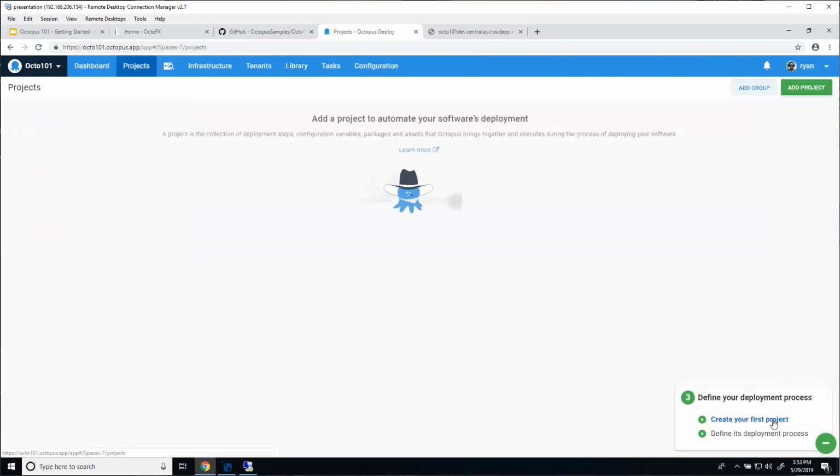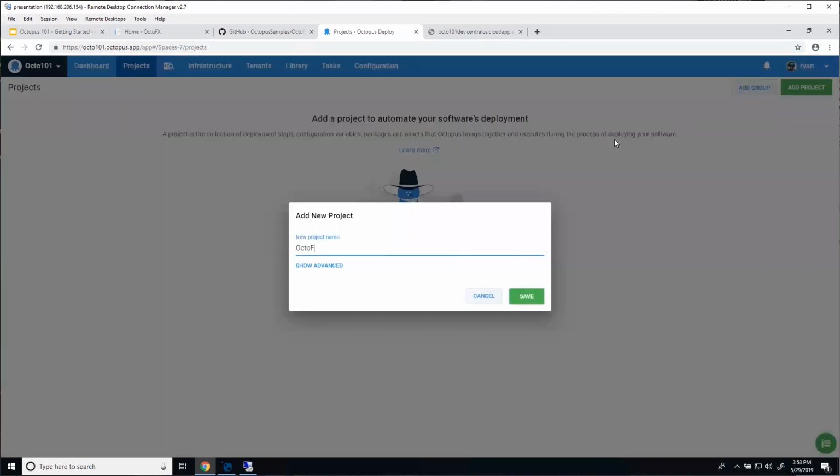All right, we're going to create our project. Our project is kind of like a blueprint for how to get your application to your infrastructure. It's going to take those packages, it's going to have some deployment steps and some configuration variables. It's going to put that all together and use that as instructions on taking your applications and moving them through those environments. Let's add a project, give it a name of OctoFX,